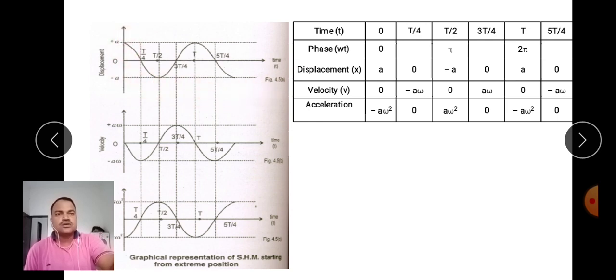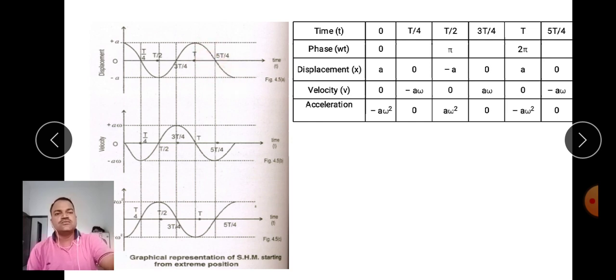So therefore at omega t equal to 0, displacement is plus A, so the graph starts from plus A. Similarly at pi by 2, displacement becomes 0, so here the particle coincides on the x-axis. Then at pi the displacement becomes minus A, and at 3 pi by 2 the displacement is 0 again, and similarly this curve will continue like this.